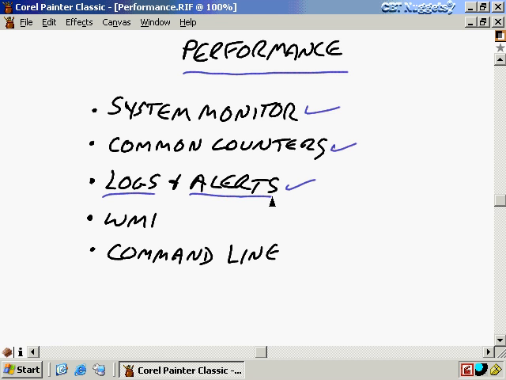And then an alert would allow you to be notified if certain events take place, or would start an application or a batch file or something like that anytime something took place. For example, if you got low on disk space, it could automatically start up the disk cleanup wizard for you. WMI is Windows Management Instrumentation, which allows you to interface with certain events that take place, and then we took a look at the command line utilities also related to